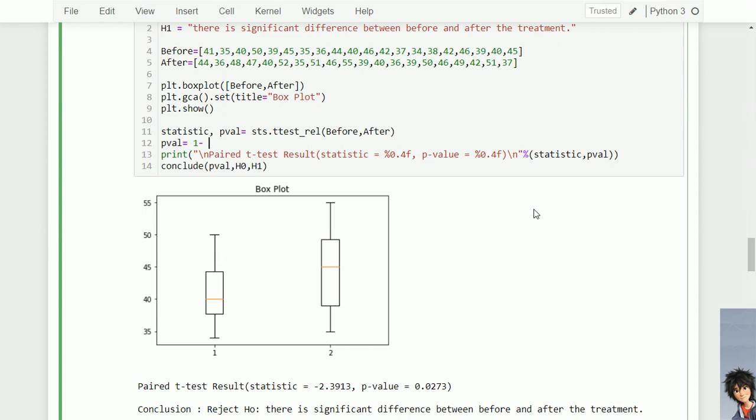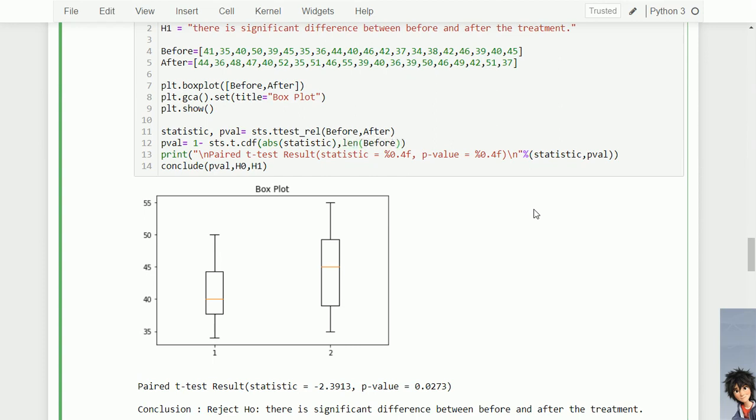So we just have to find the t.cdf, and t is present in scipy.stats. So t.cdf of the absolute value of the statistic. Is there any spelling mistake? Yes, of course. The statistic and the degrees of freedom are the same.